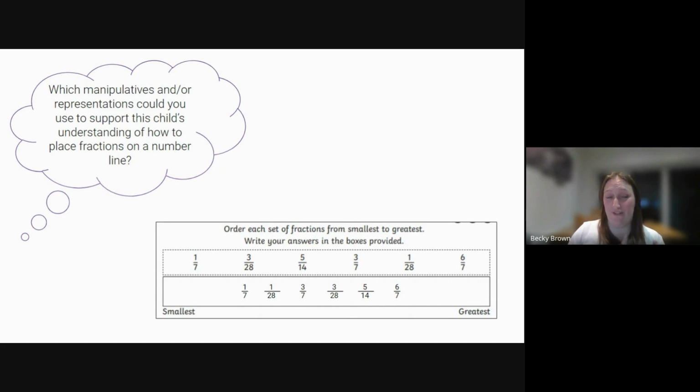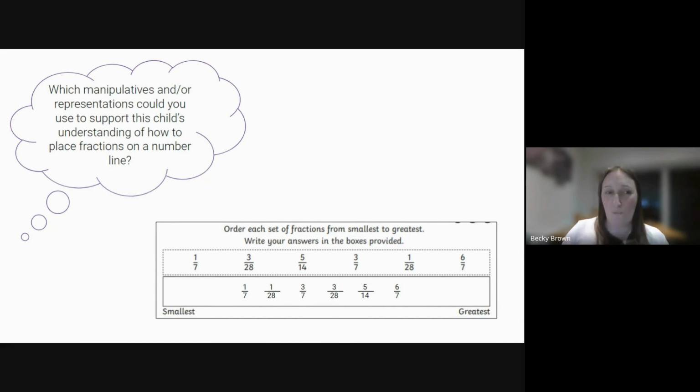If you're converting those fractions to a common denominator, which is what you would want the children to do at this stage when they're ordering fractions, how would you do that? Would you use fraction walls? Would you draw bar models? I mean, you can make a bar model with coloured multilink or coloured counters just by laying the pieces out. So you could have 1 yellow piece and 7 red pieces,